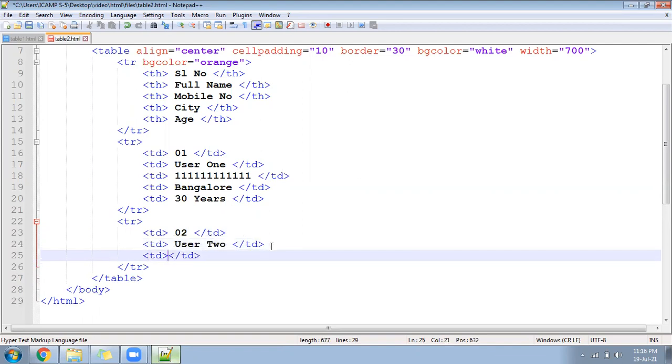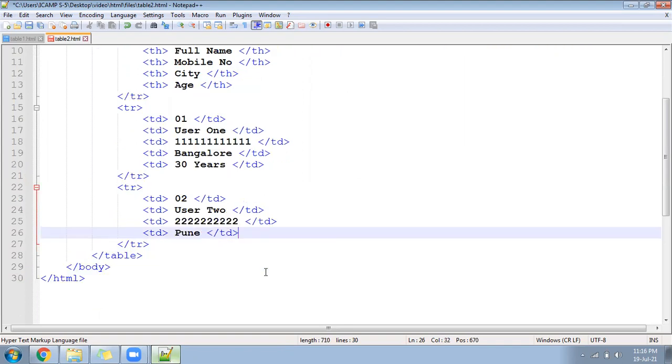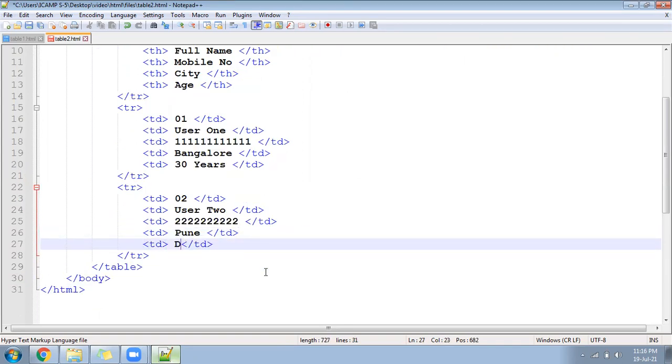We'll give the next TD, 2222. We'll give the next TD, city name Pune. Last should be age, 20 years. Assume we have given it. Now for this user also we have given all the details.